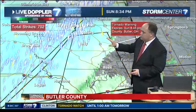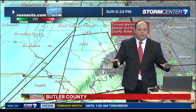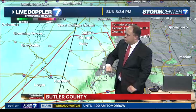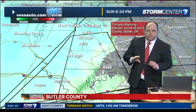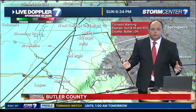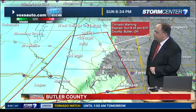And this is looking at just the base velocity. Again, this is looking at just what the winds are up in the clouds, not really taking out the storm motions. But we are seeing some very intense winds, 55 miles per hour there near Oxford. Probably seeing some winds very easy there, 63 miles per hour, 55 miles per hour. So aside from the tornado threat, the straight line winds can cause damage that is similar enough to a tornado. And of course, we'll be tracking that for you as well. Let's go back over to reflectivity, and we may